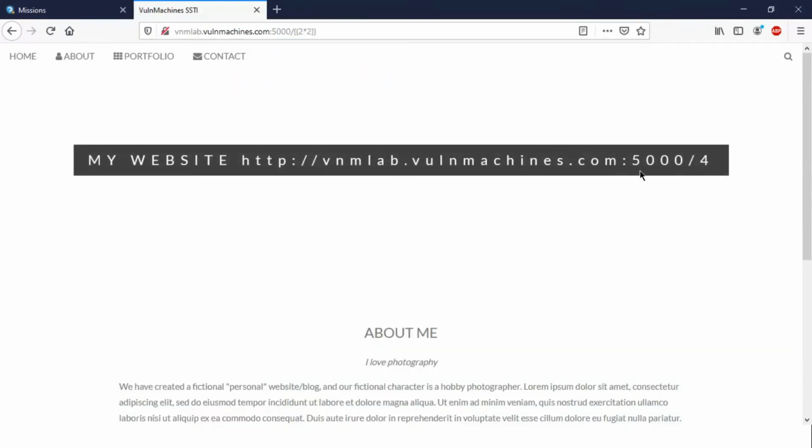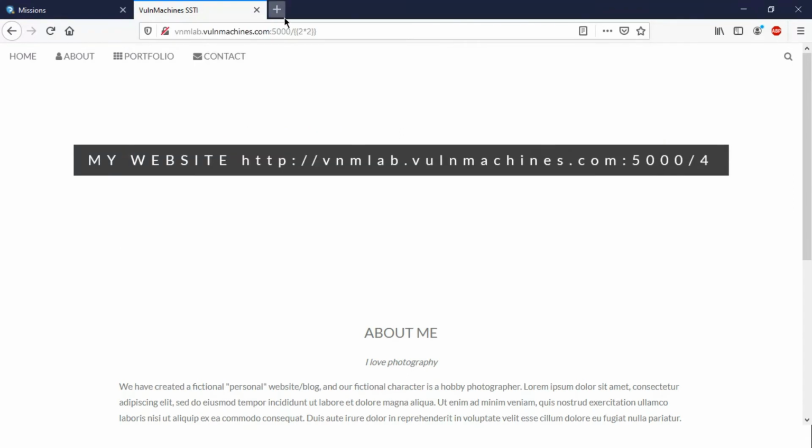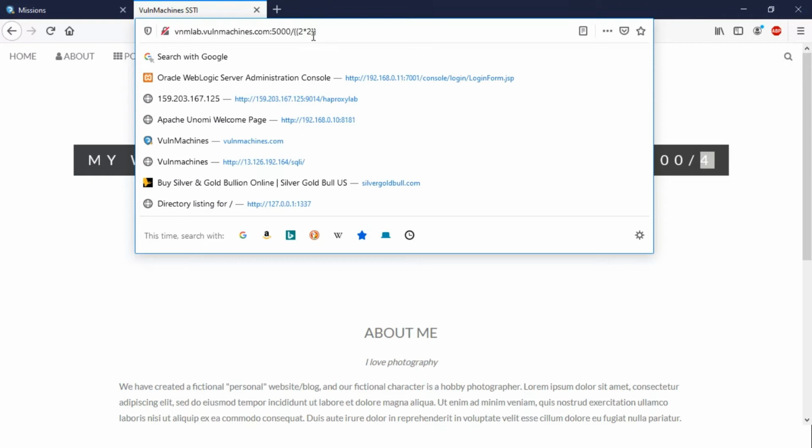Okay. So let's give the payload, and as you can see, 4 is our output. So this basic payload, this template engine has rendered this payload and given the multiplication in our output.